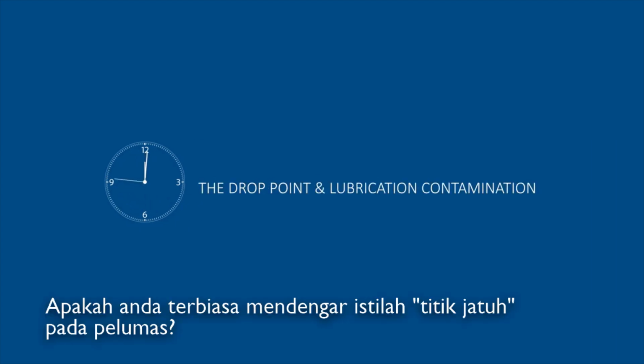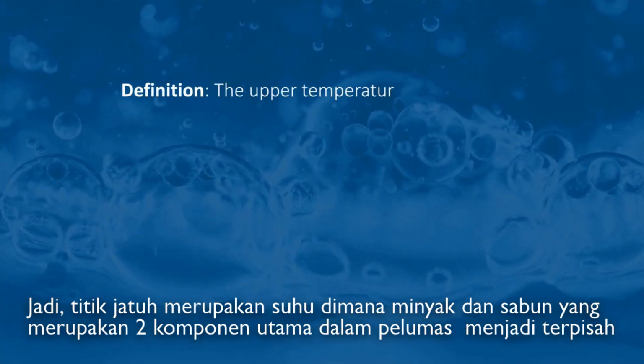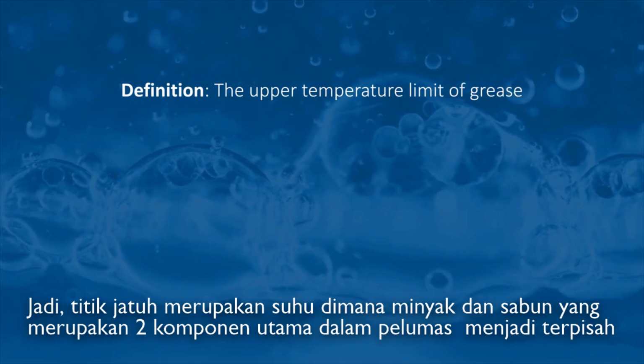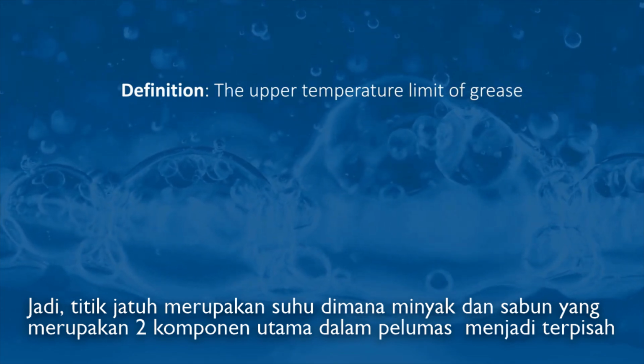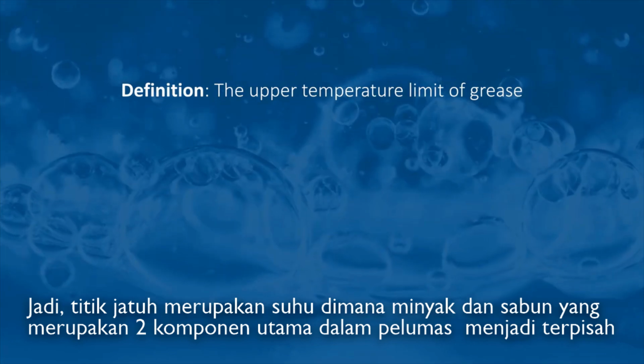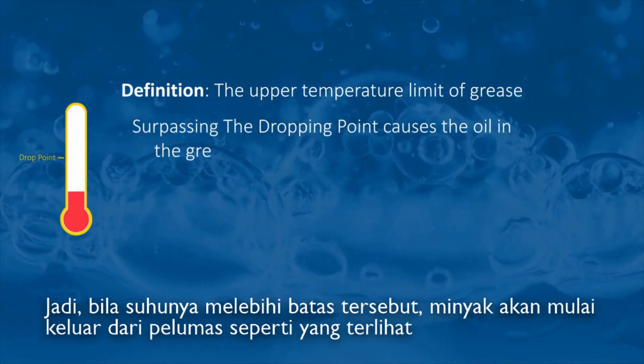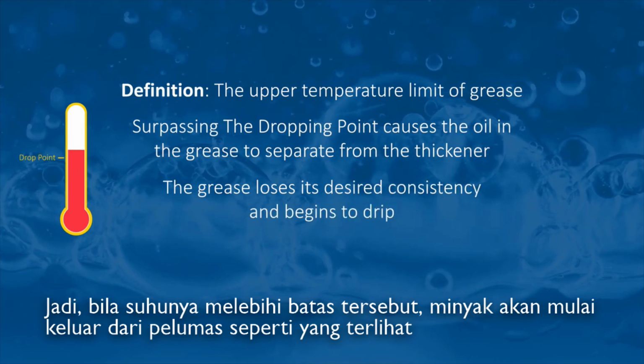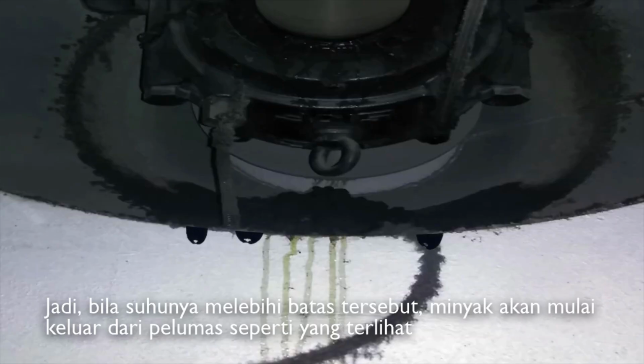Familiar with the phrase or term, the drop point of a grease? So the drop point is the temperature at which the oil and the soap, which are the two key components in my grease, separate out. So when my temperature exceeds this, the oil will start to leach out of my grease, as you can see